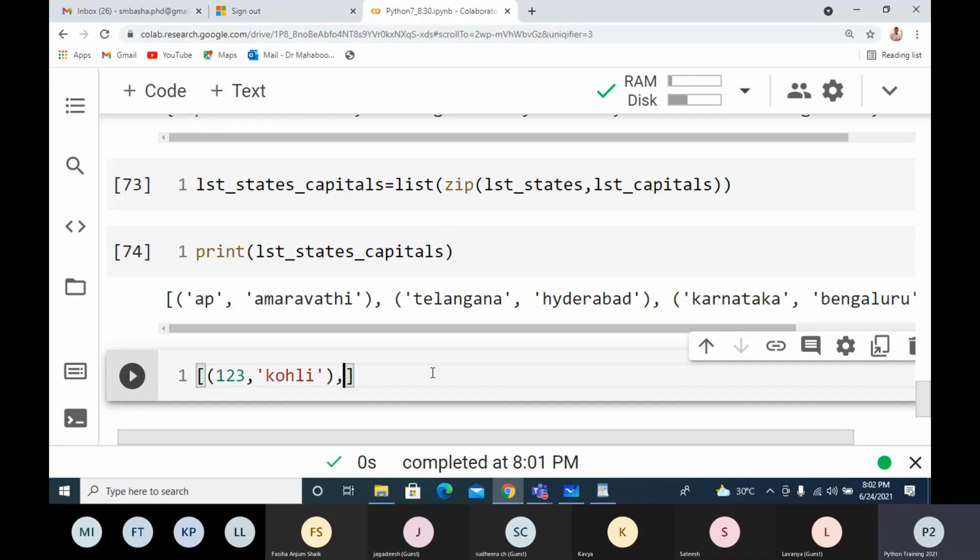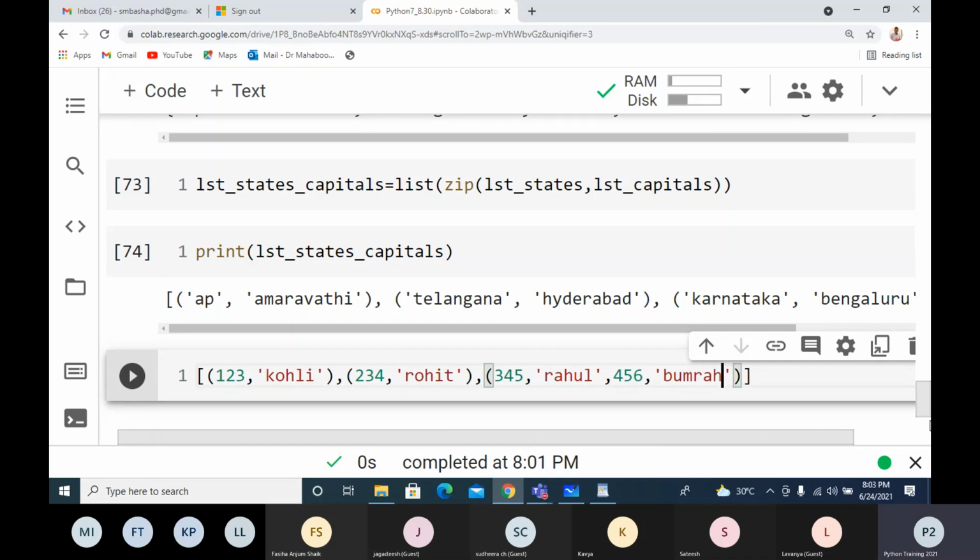So another entry I have is 2, 3, 4, then the name of the student, which is Rohit. Then I have data this way. So 3, 4, 5, I have suppose Rahul. Then suppose 4, 5, 6, I have something like Bumrah.